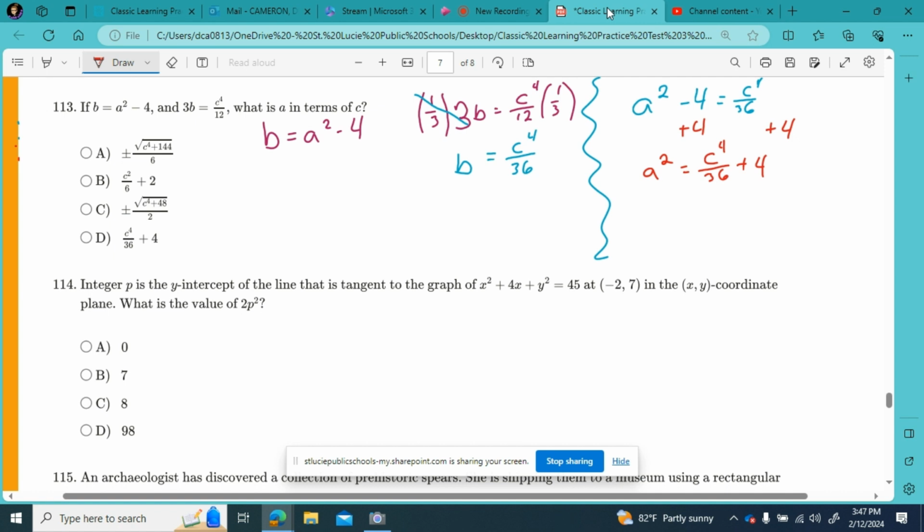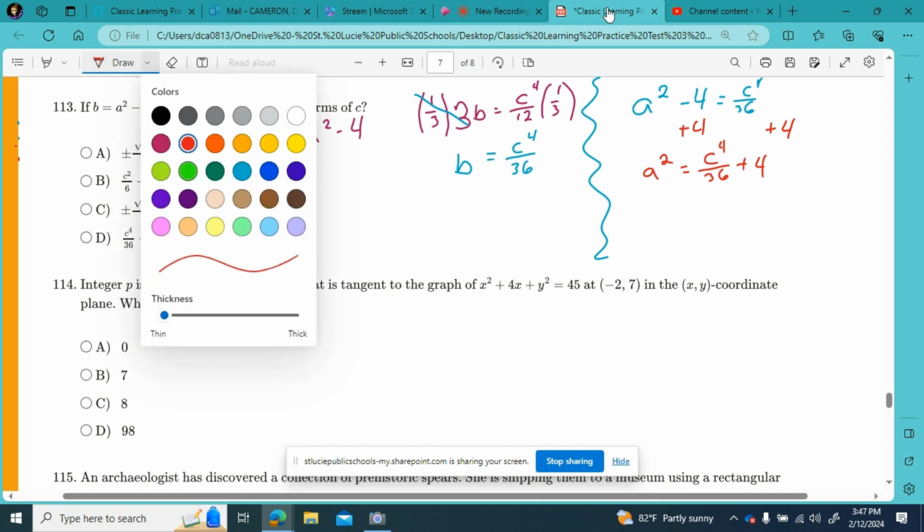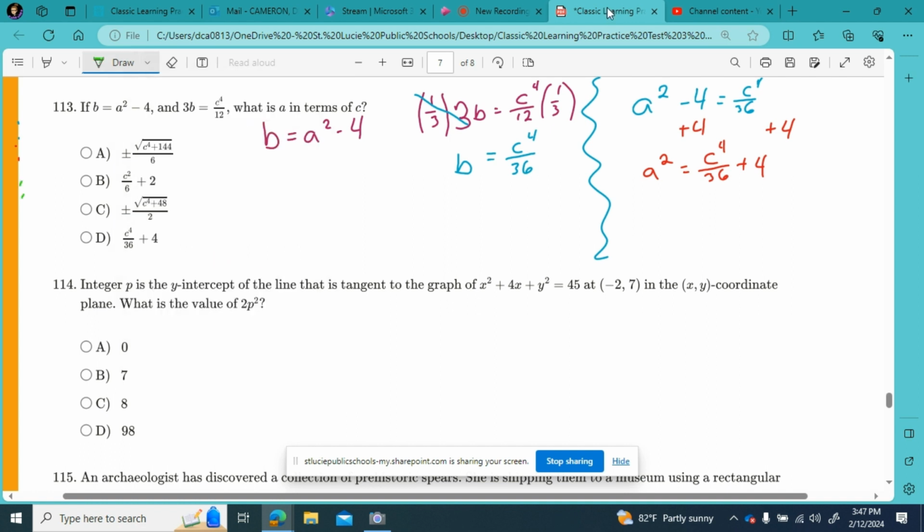What's the opposite of something squared? Take the square root of both sides, and that could be positive or negative. So a equals plus or minus the square root of